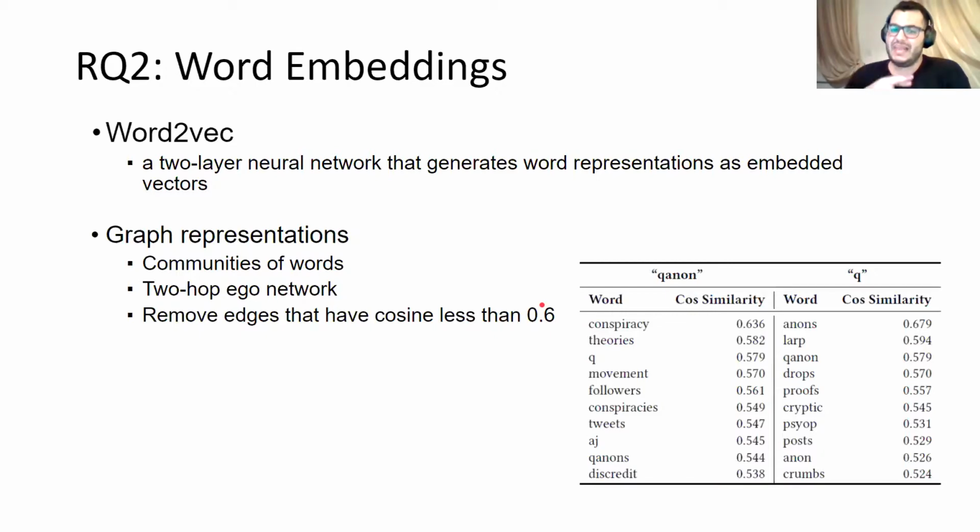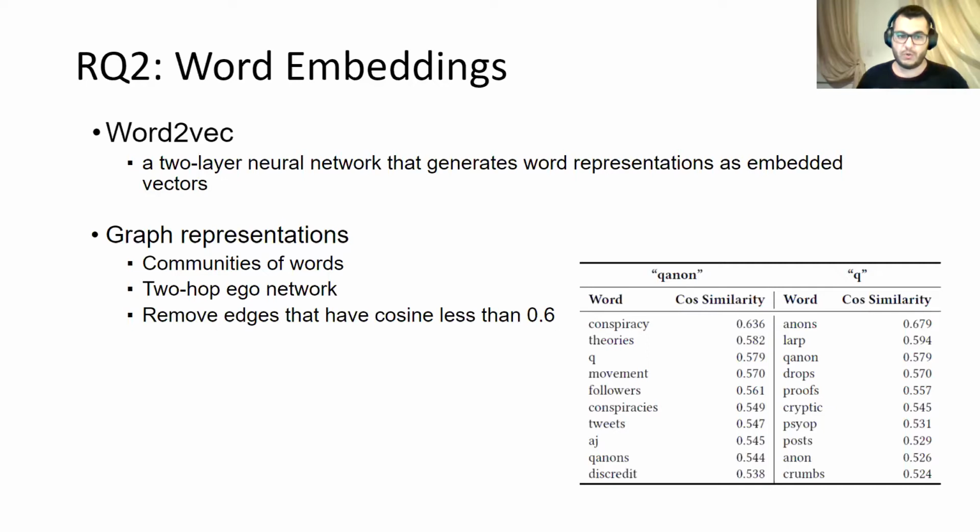So to better understand the links between the different words in our vector space, we use graph representations for better visualization. In other words, we transform the embeddings into a big graph where nodes are the words and the edges are weighted by the cosine similarity between the two nodes. We also perform community detection on the resulting graph to understand the high-level topics that these words group together. And for this, we plot the two-hop ego network. So we only go 2 hops far, not further,